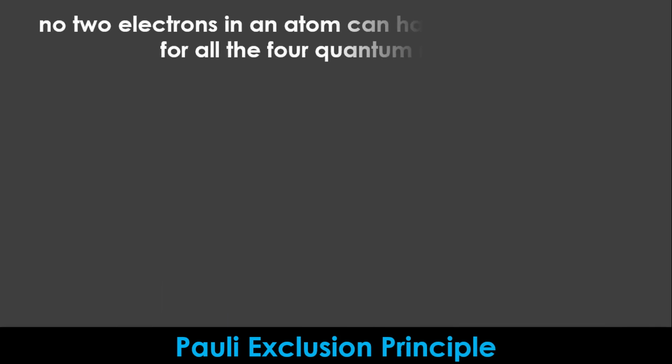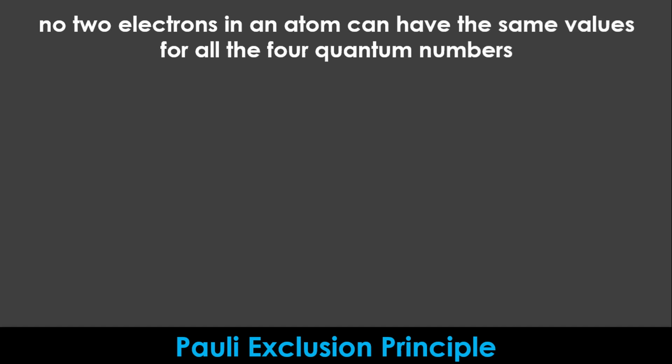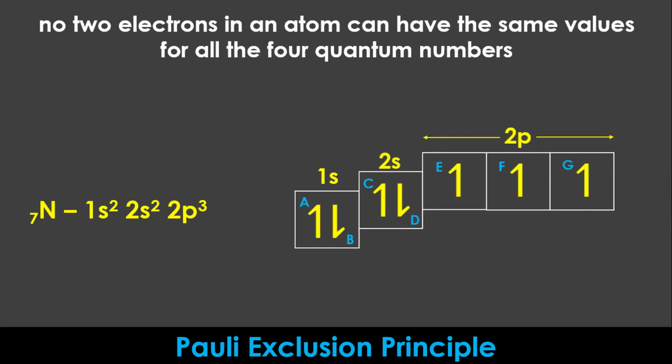This states that no 2 electrons in an atom can have the same values for all the 4 quantum numbers. In other words, no 2 electrons can behave in the same way. This principle explains the uniqueness of an electron. For example, let's consider the electron configuration of a nitrogen atom: 1s2, 2s2, 2p3, with the orbital diagram as shown